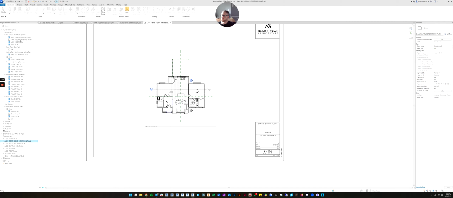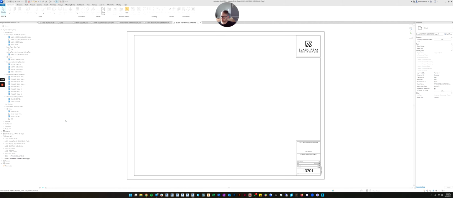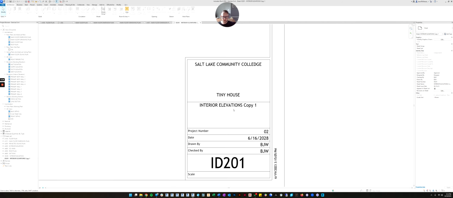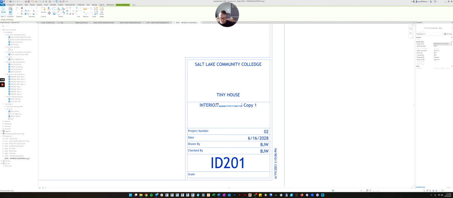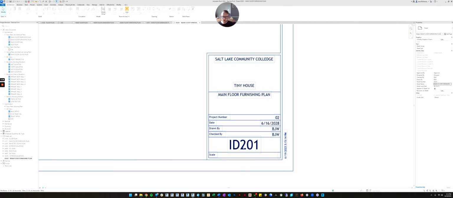So now we need to do a furnishings plan sheet, and that is going to be an interior design sheet. So I'm just going to come down here and duplicate that empty sheet. I'm going to call this main floor furnishing plan. I'm also going to renumber it.